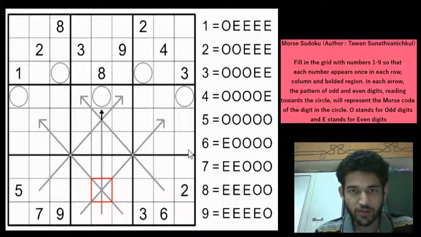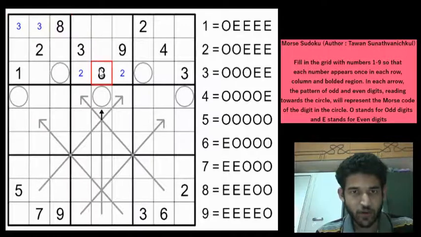With that, we will start solving the Sudoku. There is a 2 in row 1 and row 2. So we can pencil mark 2 to one of these 2 cells in box 2. And there is a 3 here in row 2 and row 3, which means 3 will go here. And there is an 8 in row 1 and row 3. So we can pencil mark 8 here.